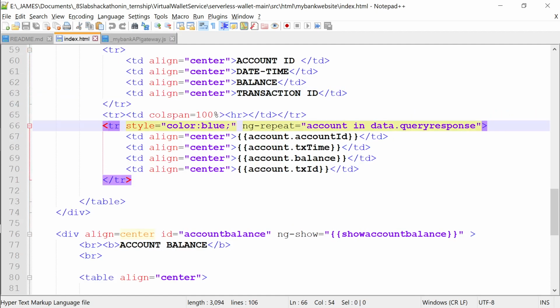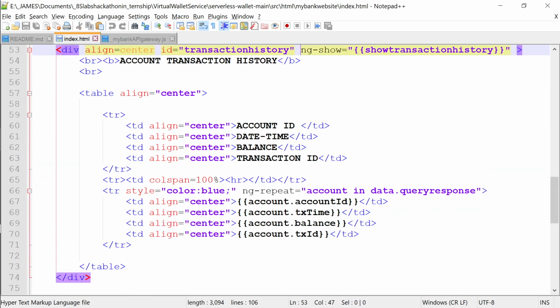So I'm saying for any account, this account means any name you can give. We can say my bank accounts or something. I'm saying for accounts in data dot query response, display account dot account id, account dot tx time, and account dot balance, and account dot tx id. That is the format it is coming in.